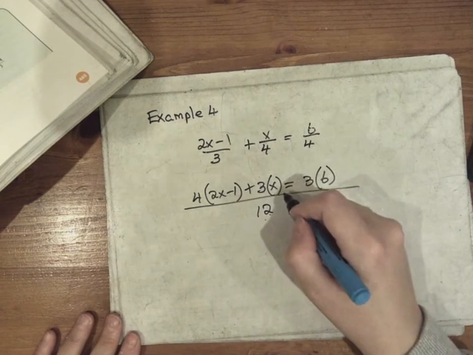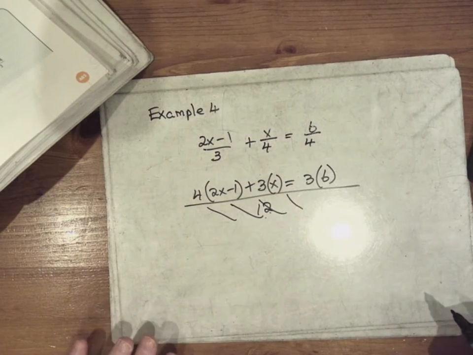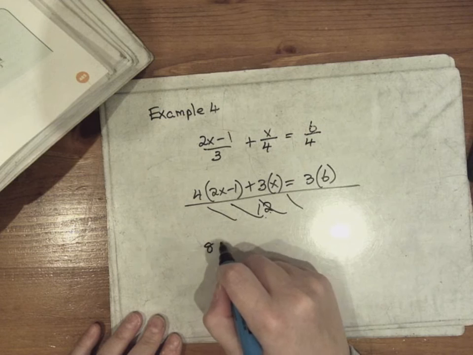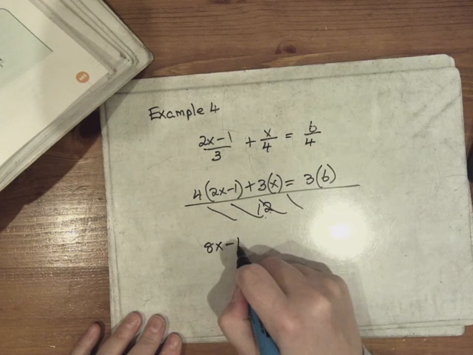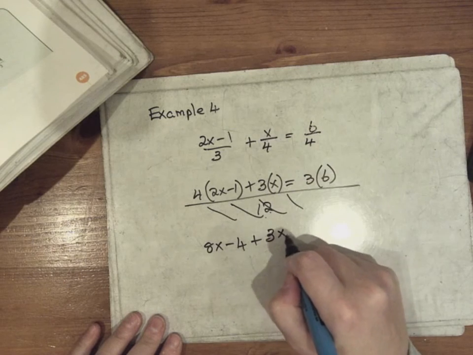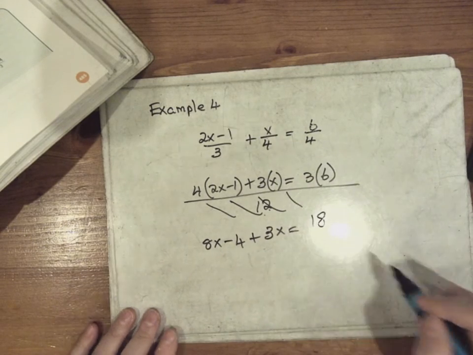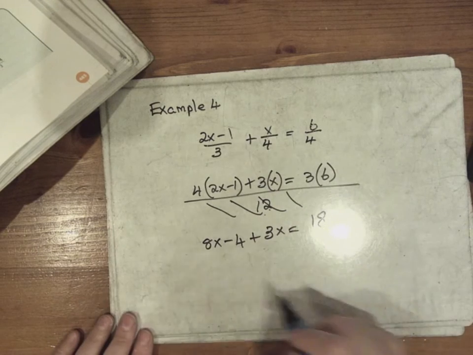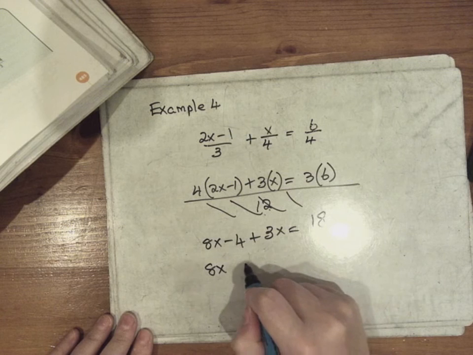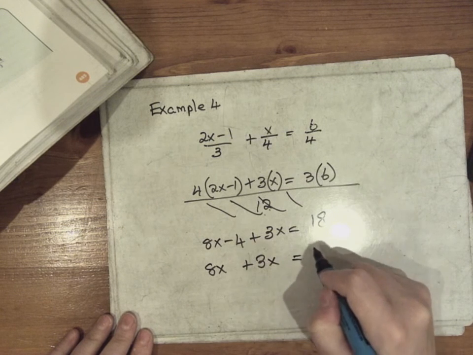Because we have an equal sign, we've evened up both sides and we can drop the common denominator. Multiplying out then, you get 4 by 2x is 8x, 4 by 1 is 4. Here we have 3x, 3 by x is 3x. Multiplying over here, 3 sixes are 18. So then x is on one side, numbers on the other. So 8x is where I want it to be, minus 4 is not, plus 3x is on the left, which is where I want it to be, equals,